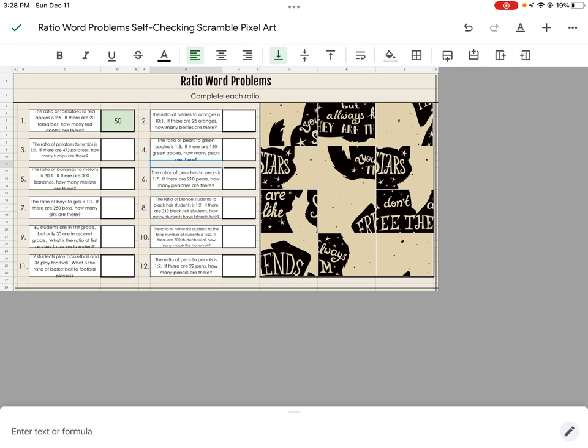Okay. And I can see that some of them have already moved into the right spot. So you're going to solve all 12, making sure it's all in the right spot. When you finish the center, you're going to be turning in a picture of your work. If you don't turn in a picture of your work, you are not getting credit for this assignment. Okay, if you need any help, talk to the people next to you before talking to your